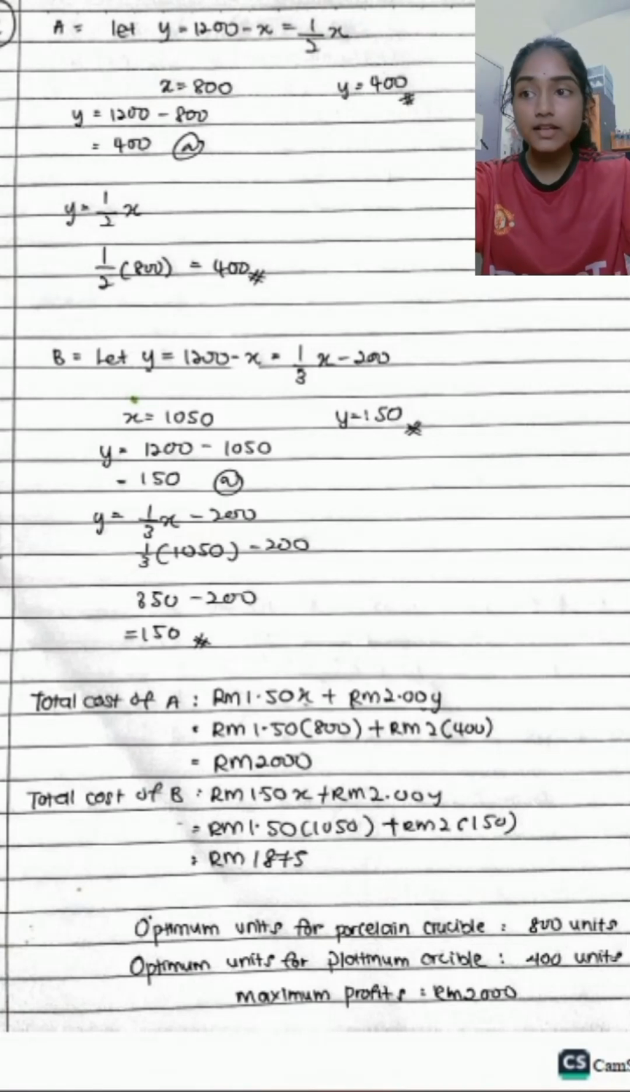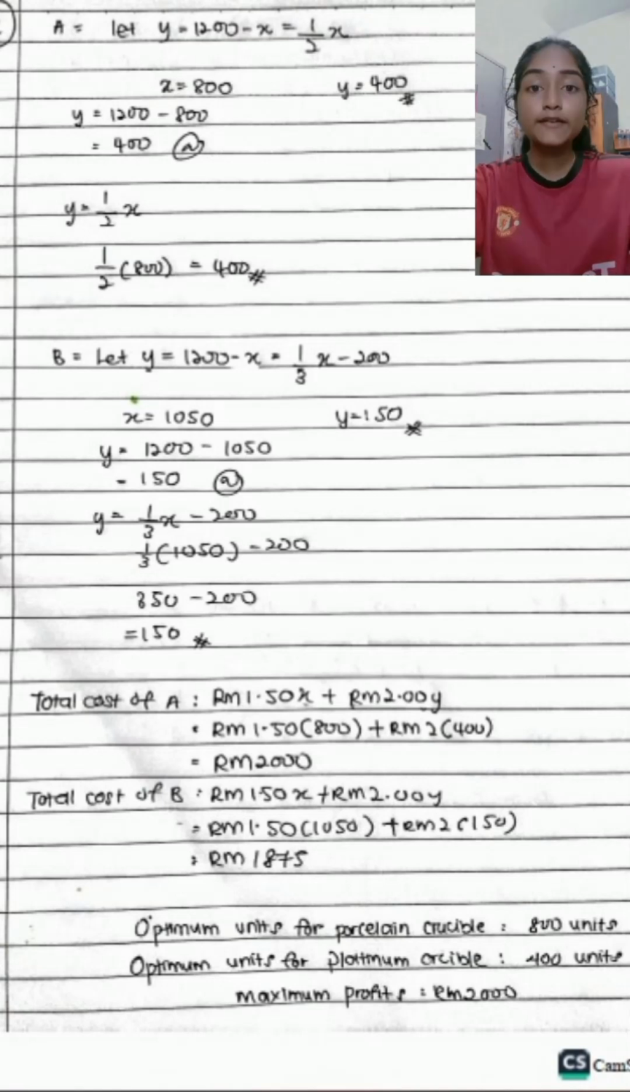We have to calculate the total cost of A. So, we substitute x equals 800, y equals 400 in the equation, which means 1.5 times 800 plus 2 times 400. So, we get 2000 ringgit. For the total cost of B, we substitute x equals 1050 and y equals 150. So, we get